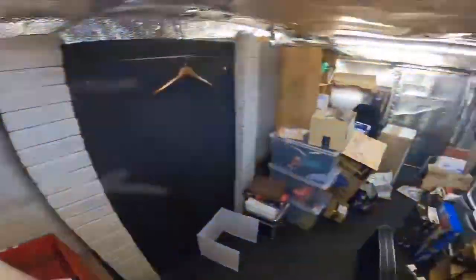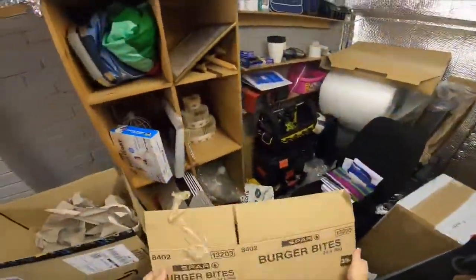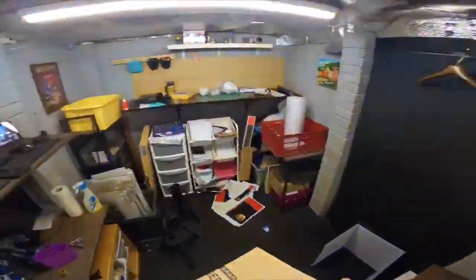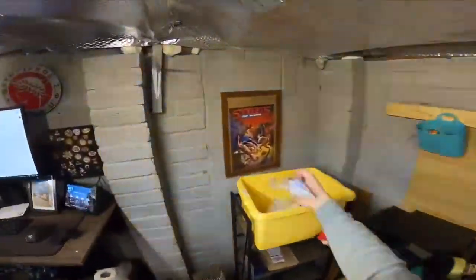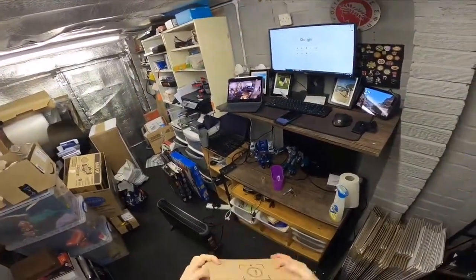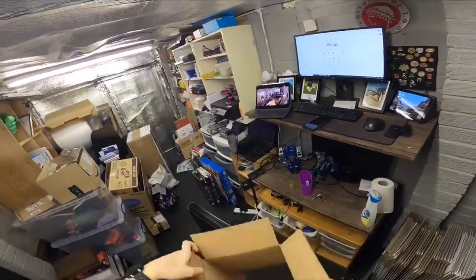Right, let's see if we can actually put this anywhere. I think that'll fit nicely in here. Yeah, my local Spar shop is also a post office. So I see him all the time, otherwise I wouldn't know anything about these items here, really. I wouldn't know about the boxes. So I see him all the time, so